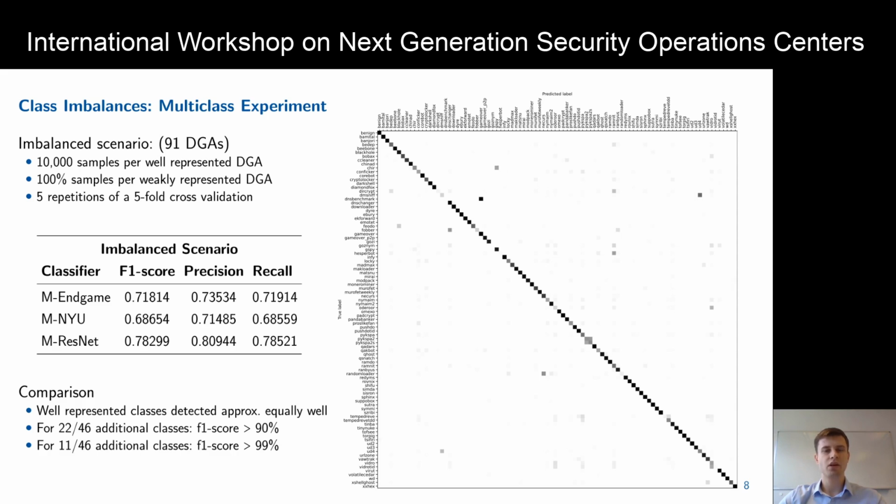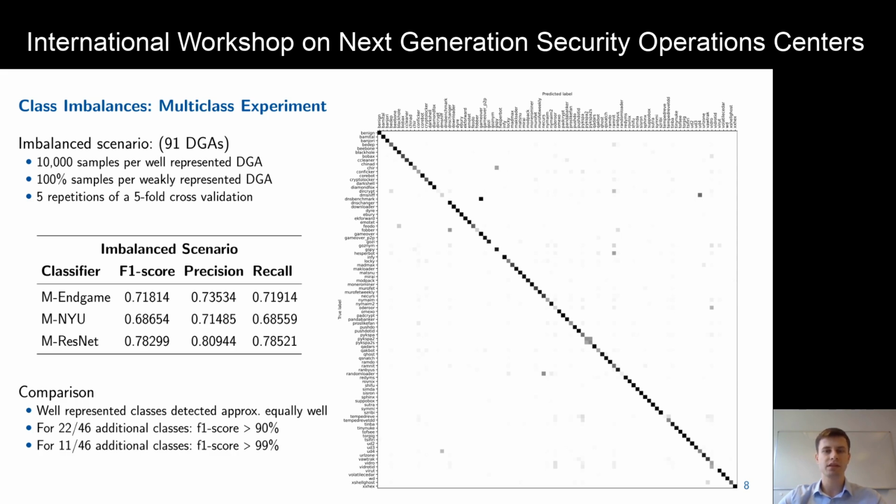The average F1 score over all 92 classes is generally lower compared to the average F1 score over the 47 classes of the balance scenario. However, the 46 malicious classes used in the balance scenario are detected approximately equally well in the imbalance scenario. The only exception is PIXPA2, since it generates similar domains as its related DGA family PIXPA2S. The biggest outlier is DNS benchmark, whose F1 score depends on the classification of a single sample that is included in the testing set of a fold.